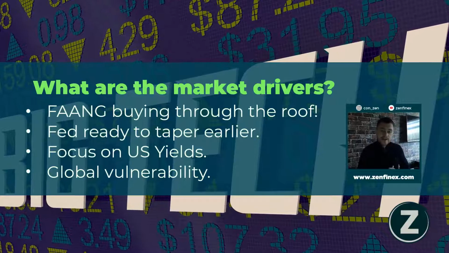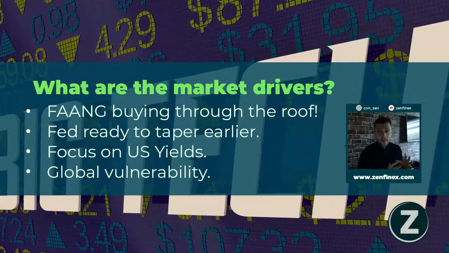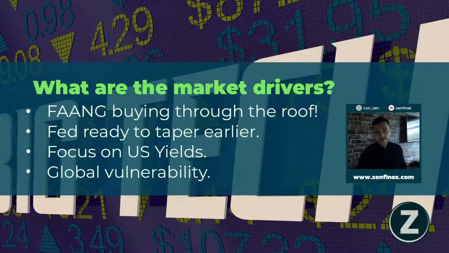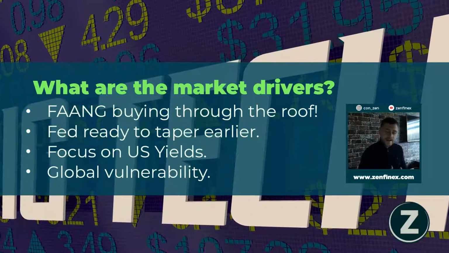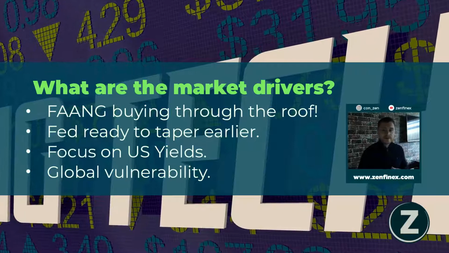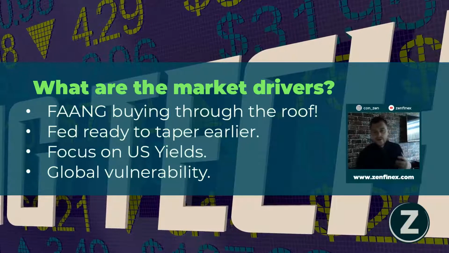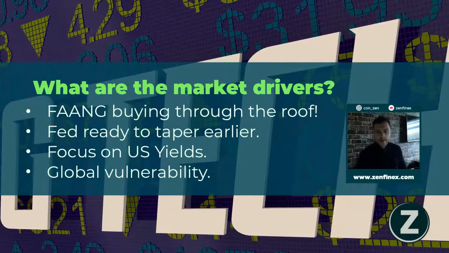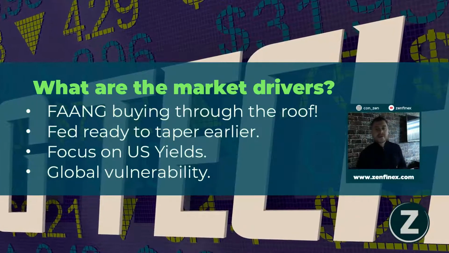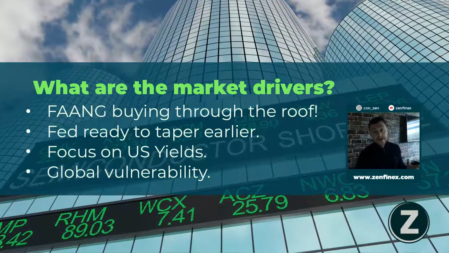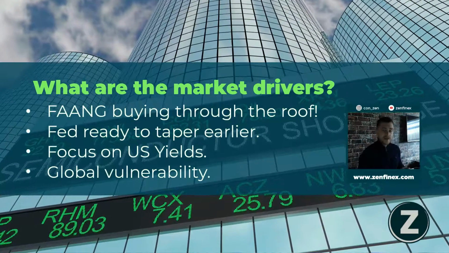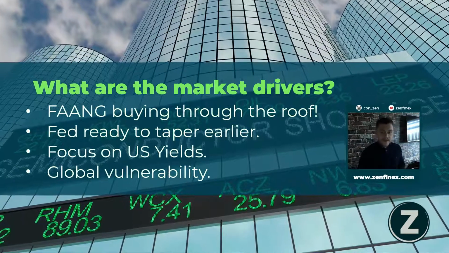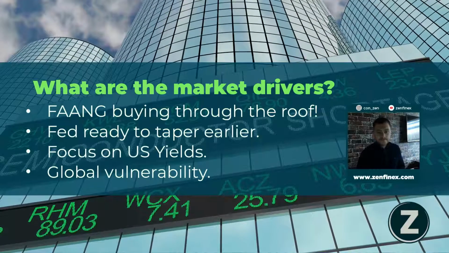Now US 10-year yields have slumped recently to around 1.33%, and there's a general feel that this has now run its course. Therefore, this makes equities really vulnerable at the moment to the downside. When you look around globally as well, you have the Hong Kong Hang Seng, which is turning to the downside. You have the MSCI emerging markets looking vulnerable as well. And this could spill, and it does normally spill into US equities like the Nasdaq after as well.